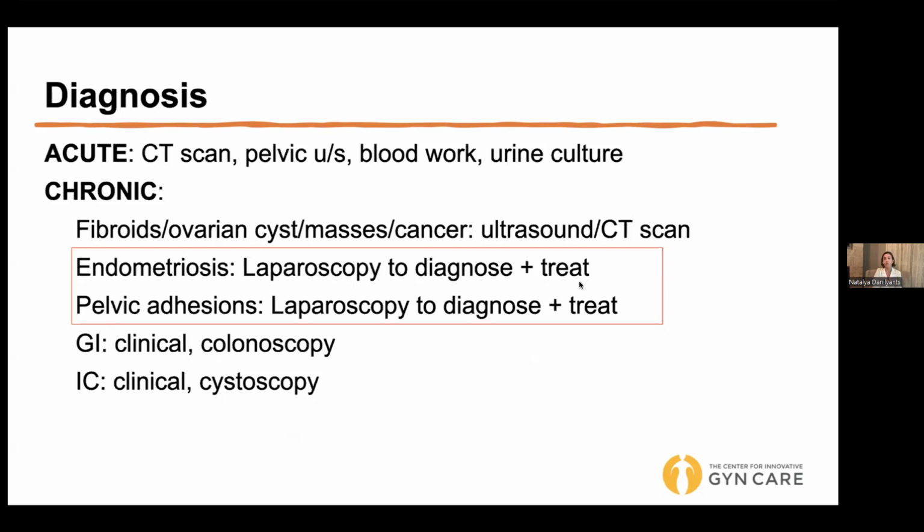So a lot of patients, for example, when they come in for a consultation for possible endometriosis or scar tissue, want to know, well, if you do the laparoscopy and you see endometriosis, do you then do another surgery to remove it? And the answer is no, you do it all during the same surgery, right? So that's the benefit. Not only do you get to confirm that there's endometriosis or scar tissue, but you also treat it at the same time.